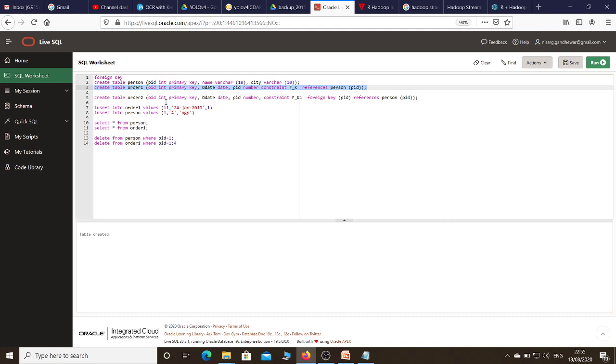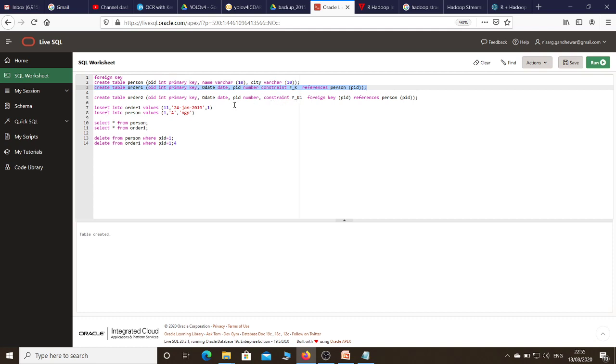Now I will show you how to apply the foreign key constraint as a table level constraint. In this case also I am providing a foreign key constraint, but here column level constraint and here table level constraint. So the syntax is slightly different.